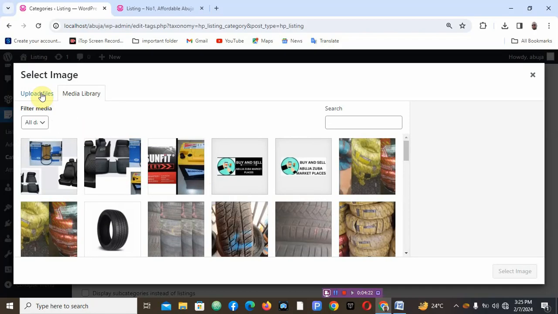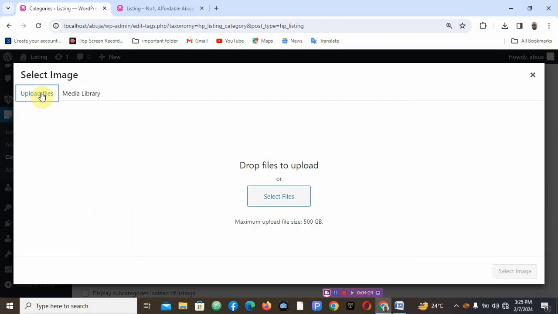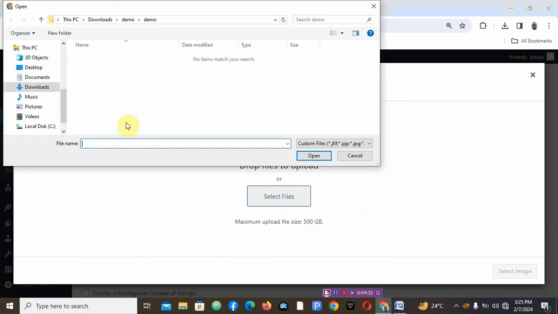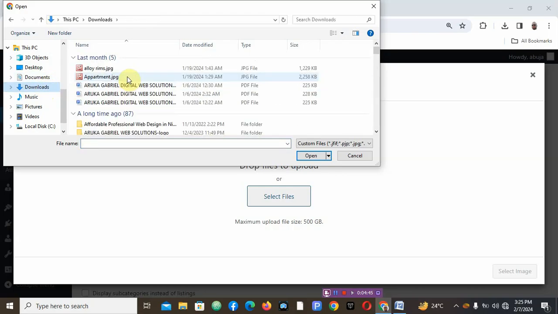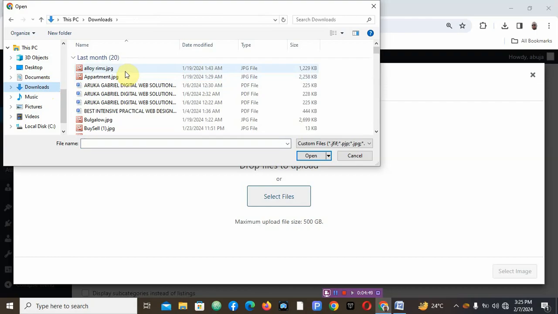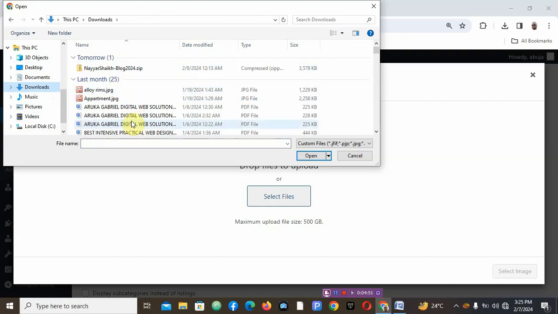Like, I have already uploaded the images here. You can click here, upload file, select files, then you add whatever image you want to add. Then let me go to downloads and just show you how to upload an image to the system. Okay, that's what I'm just trying to do now. Then you go to downloads. You can see the images here. I want to show you. It's not that I actually want to use those images. Let me just assume that